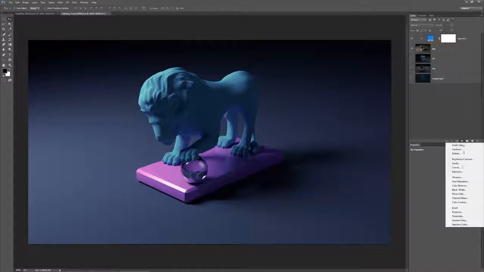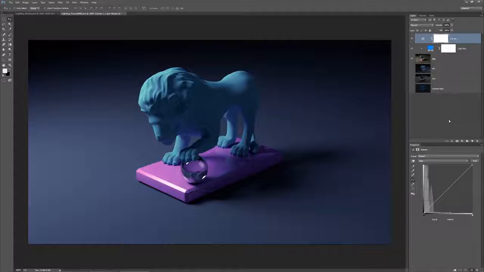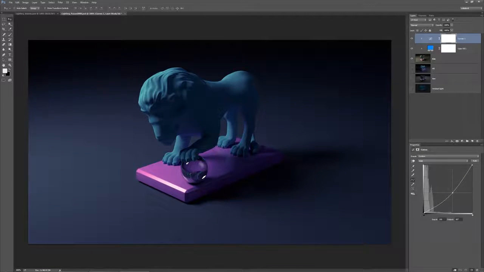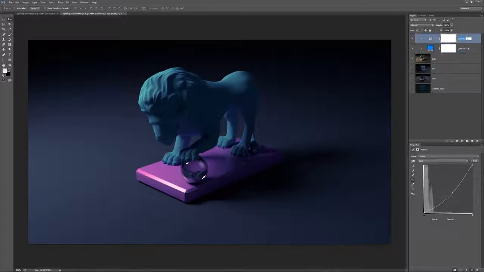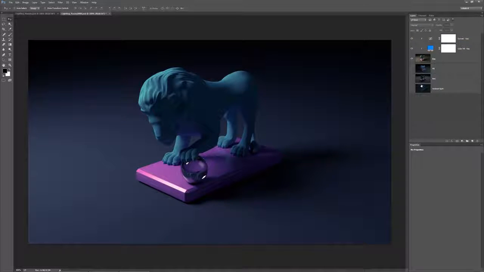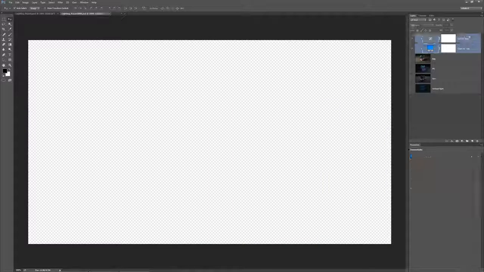I will create curves as well, make it a clipping mask and reduce the midtones. Let's call this color fill key and curves key. Moving on to the fill, I'll disable my key, duplicate my setup, Ctrl J, place it above the fill,